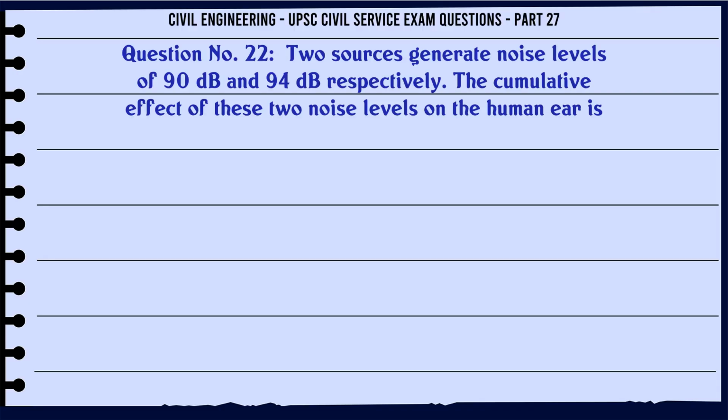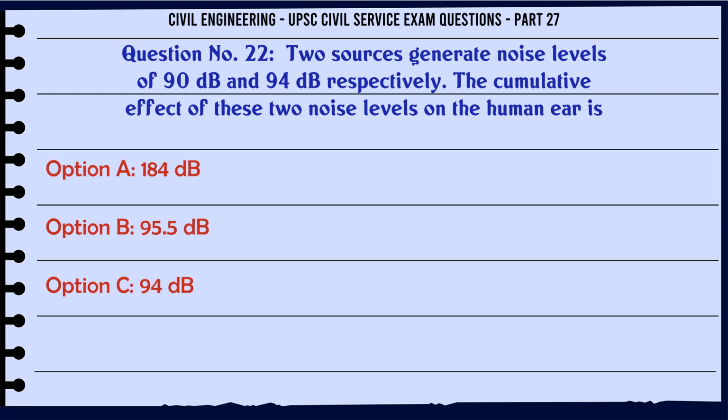Two sources generate noise levels of 90 dB and 94 dB respectively. The cumulative effect of these two noise levels on the human ear is A. 184 dB, B. 95.5 dB, C. 94 dB, D. 92 dB. The correct answer is